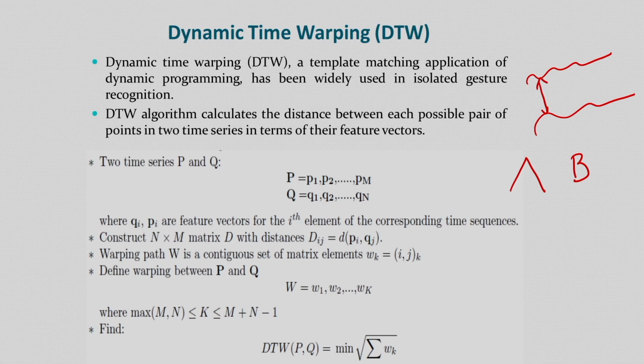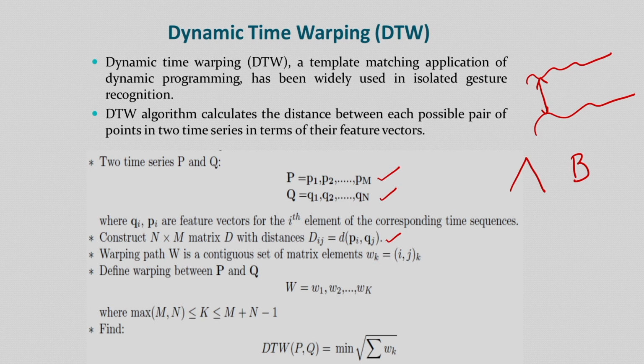Mainly the concept is, suppose I have two time series, P and Q. I can find the similarity between these two time series. For this I can compute the distance between P and Q. You can see I am finding the distance between P and Q. I can consider Euclidean distance or the Manhattan distance. Any distance I can consider, and based on this distance I can find the similarity between these two time series, P and Q.